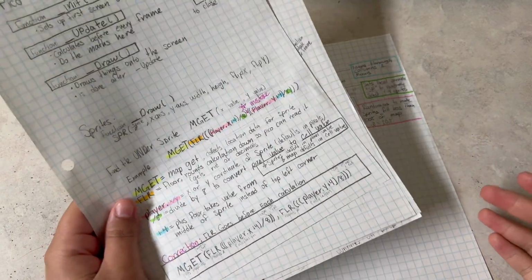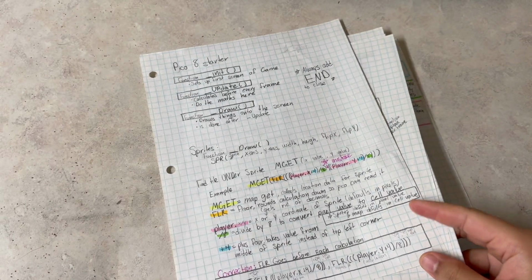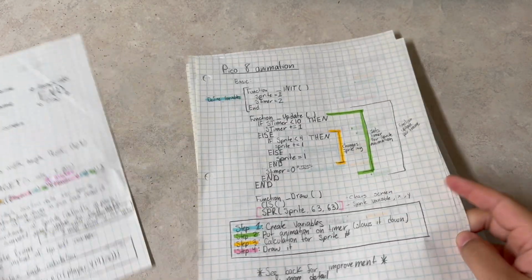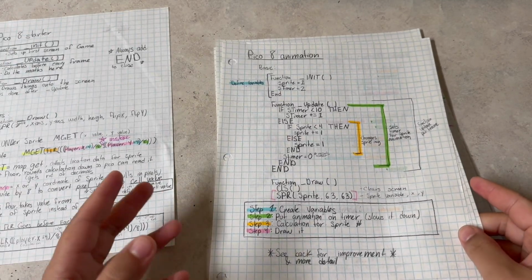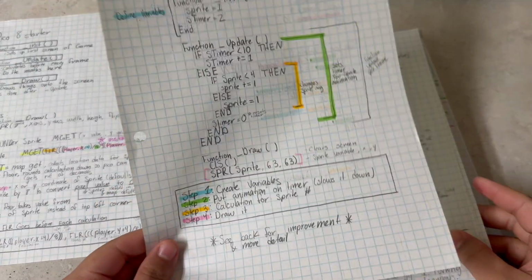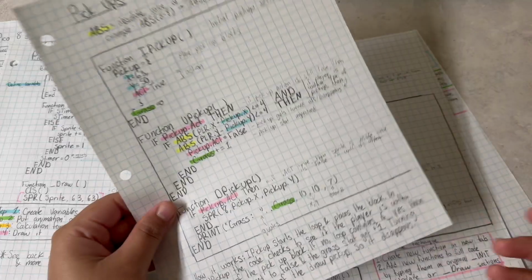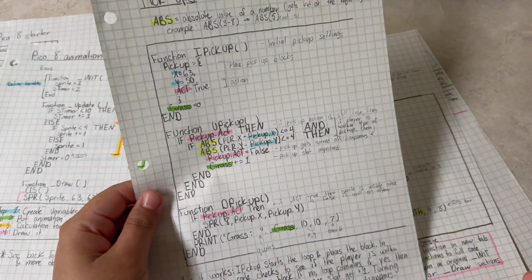So the way I approached it is this guy has a playlist on his YouTube channel. The playlist is what I'll be linking down below, and then you can check out the rest of his videos if you want. And I just went through each of them, and then the ones that I thought would be helpful to me, I wrote down the whole code, and then also highlighted things to help me know what's going on and make it easier for myself to navigate.